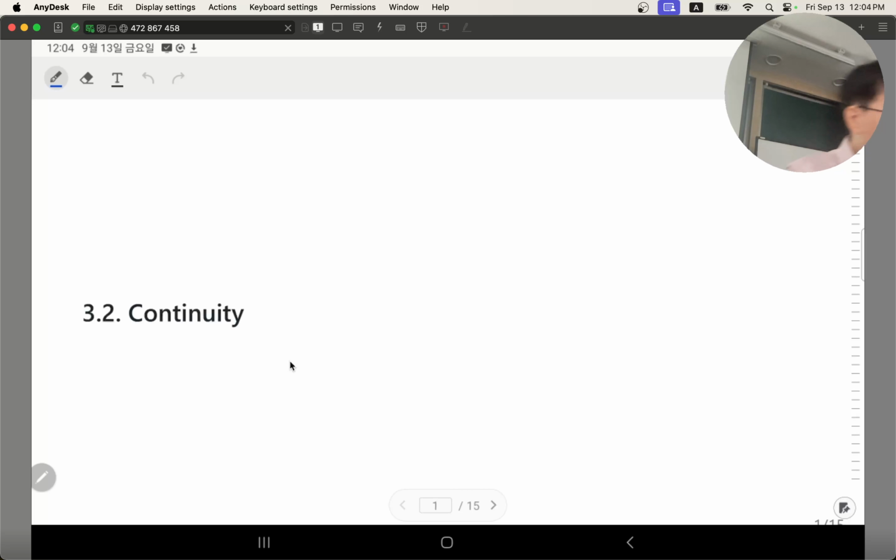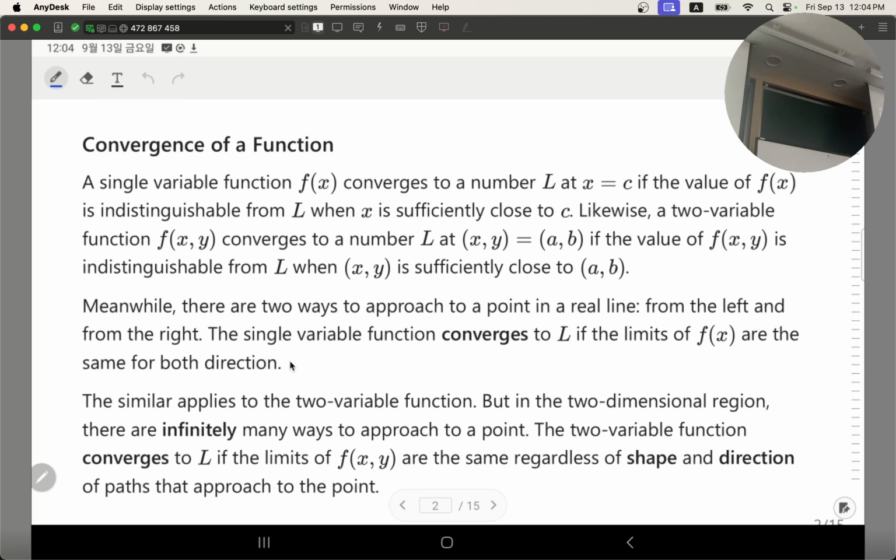So let's talk about continuity. So we talked about the discontinuity of a single variable function, and we didn't conclude it yet. So I want to continue our journey to the continuity here. Okay, so whenever